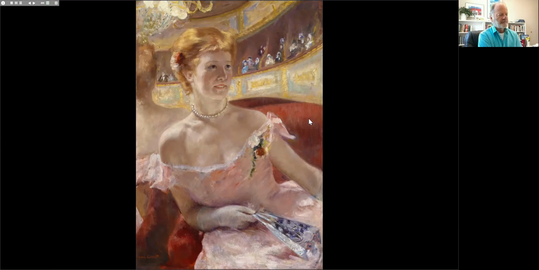And she looks away from the viewer. She seems caught up, excitedly looking around her, perhaps aware of being seen. This may be one of the first outings of such a young person in the theater. She's wearing a dress that is quite revealing, pearls around her neck. So it seems to capture the mixture of emotions that a young woman would feel in a situation like this, looking around her, but also being seen by others. And notice that the side of her face is highlit and the front of her face is in shadow, so the lighting is rather interestingly done.